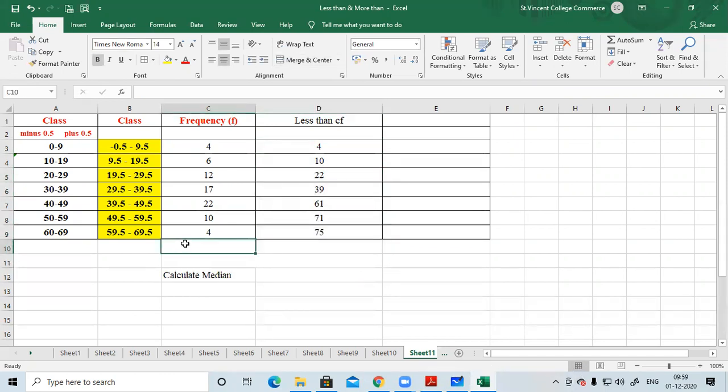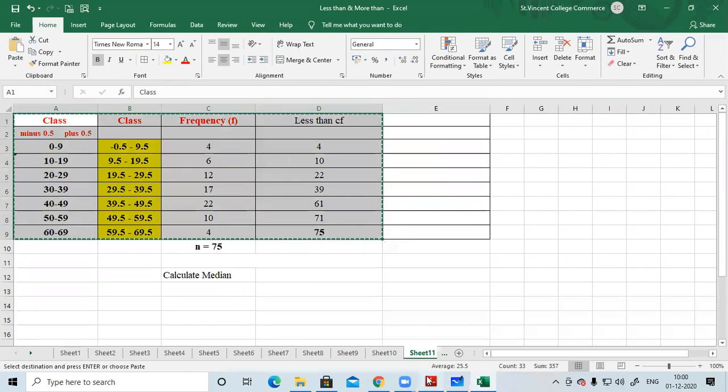Also, your n will equal to, can anyone help me with this now? How much n will be? 75. Yes, very good. The last number of the less than cumulative frequency and n is 75, but it's always good to counter check n by doing the total manually here. The reason being, there is a fair chance in a hurry you might add these numbers wrong. So if you do the individual totals instead of copying, it is a guarantee that both answers are correct. Did you understand what I'm saying? Yes, sir. Okay. Now, let's solve this sum.